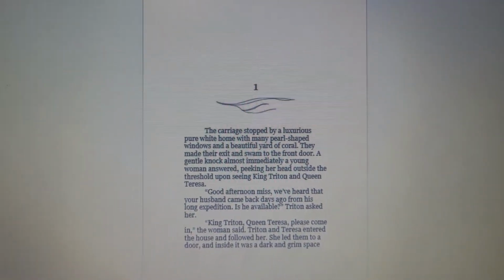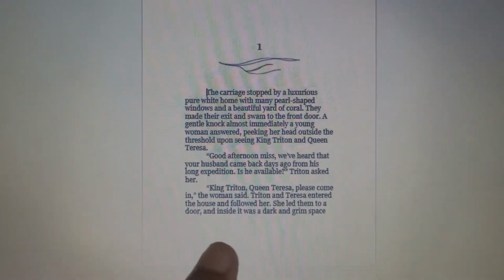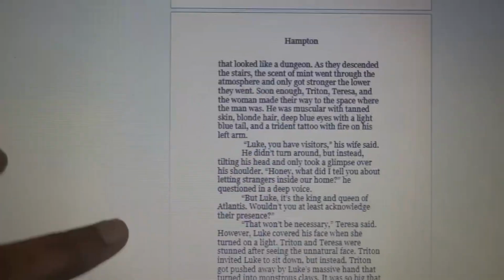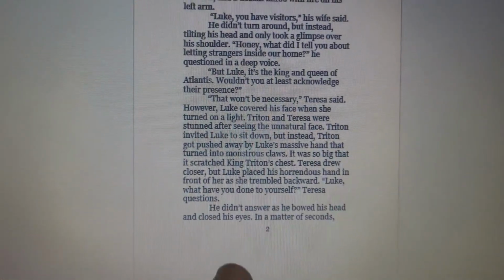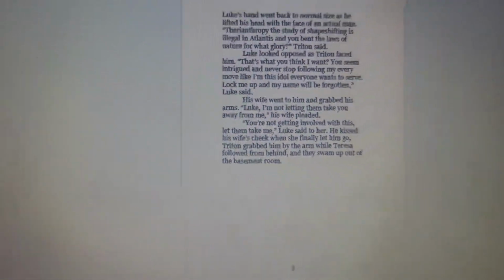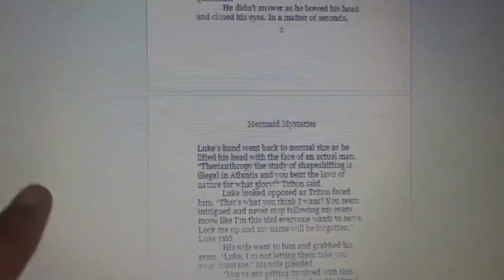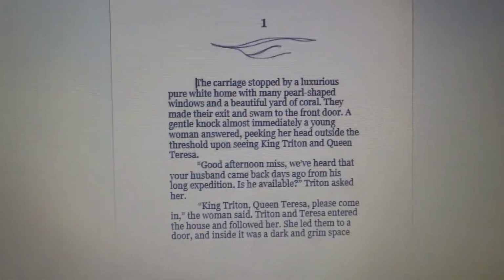The first page of each chapter does not have a header or a page number, as you can see. And then with this one, there's the header, and then you've got the page number there. I did that with each chapter, and it was quite stressful. It took me a couple of hours to do it.